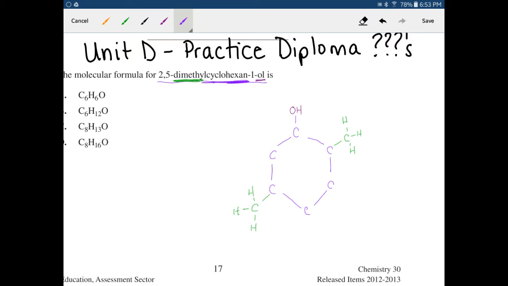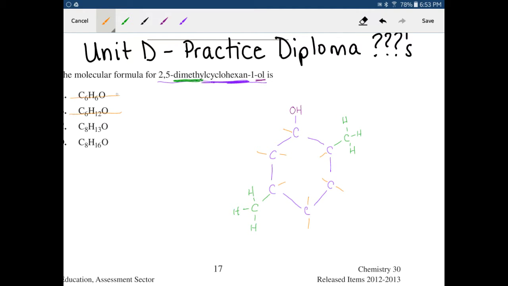So if we take a look, each carbon should have 4 bonds. So this guy will have an extra hydrogen, and I'm going to do this in orange to make sure we can keep track. We have 1, another one here, then we have 2 off of these guys, 1 off of this guy, and 2 off of these guys. So when we count, we should have 4 bonds for each carbon, 1 bond for each hydrogen, and 2 bonds for an oxygen. So when I go to count, I have 1, 2, 3, 4, 5, 6, 7, 8 carbons,